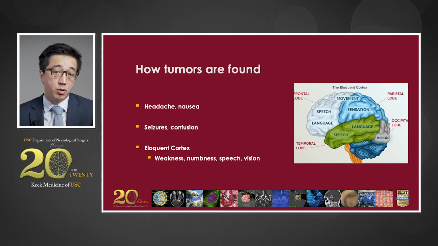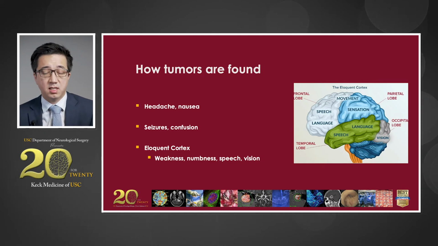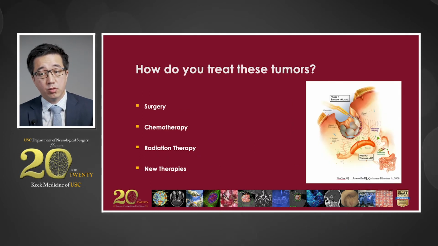And if the tumor forms there, because, again, it arose from the brain itself, it came from the parts of the brain that were doing that job, speaking or seeing or moving. As it grows, it starts to hurt the area that it originally functioned in. And as a result, if you have a tumor in the movement area, you start to become weak and so on. So these tumors are found, and then typically you will present to a neurosurgeon where